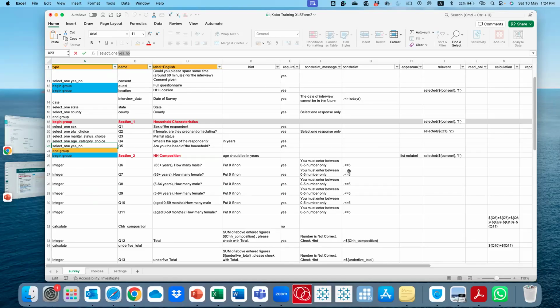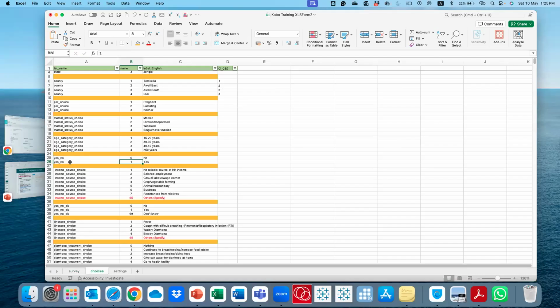You can put anything. You can put it without an underscore, yesno, like this. Or you can give it anything, you can say zebra, right? So as a researcher, you know that this zebra is a yes, no choice. So when you go here, what links this to that is the zebra. So here is zebra and zebra. It doesn't need to be anything related. It can be anything that makes you understand later on when you're doing the analysis.